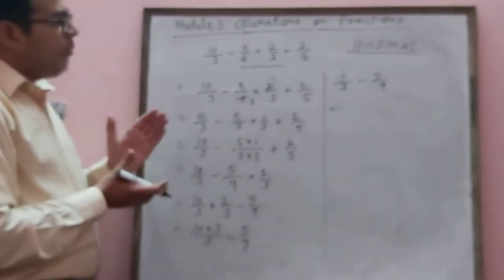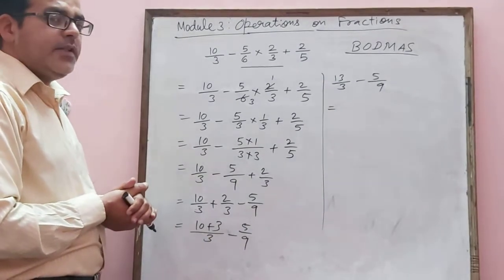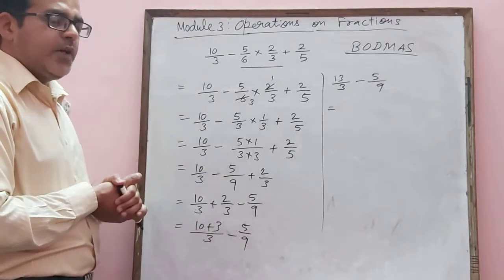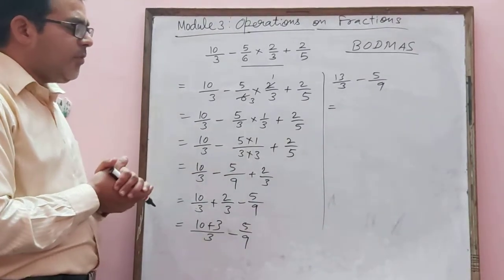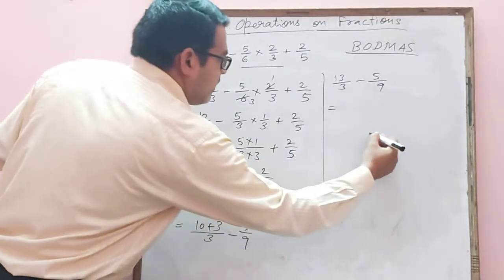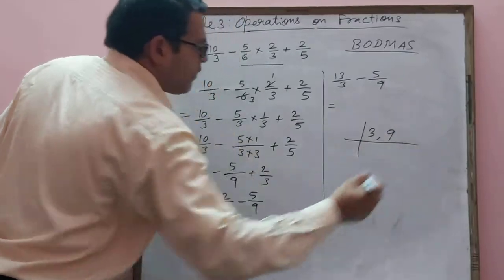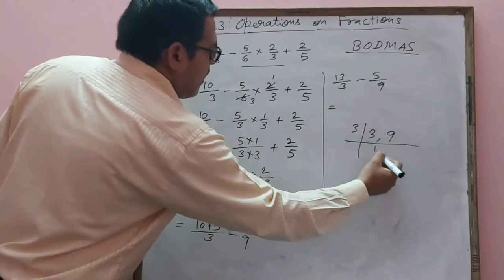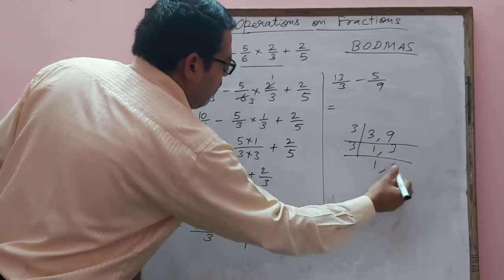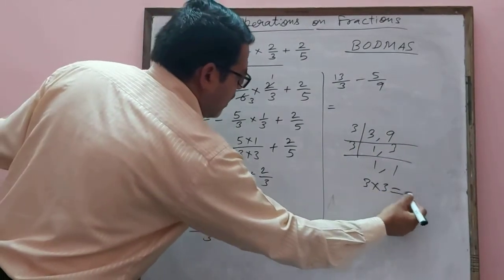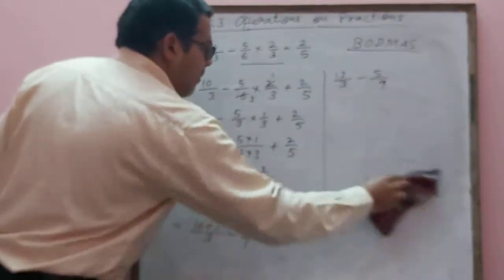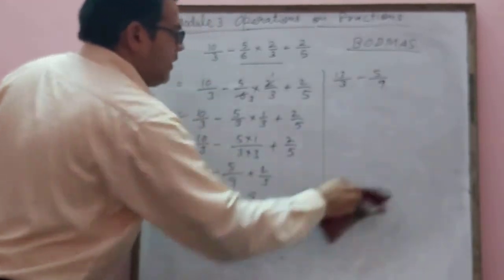9. Right? Now what to do now? Denominators are not the same, which means these are unlike fractions. 3 and 9 are in the denominators. It means we need to take the LCM of 3 and 9. How can we take the LCM? Any method you can use here. By 3 one time and 3 times, so 3 into 3 is 9. So 9 is the LCM of 3 and 9. Remember it, 9 is the LCM of 3 and 9.